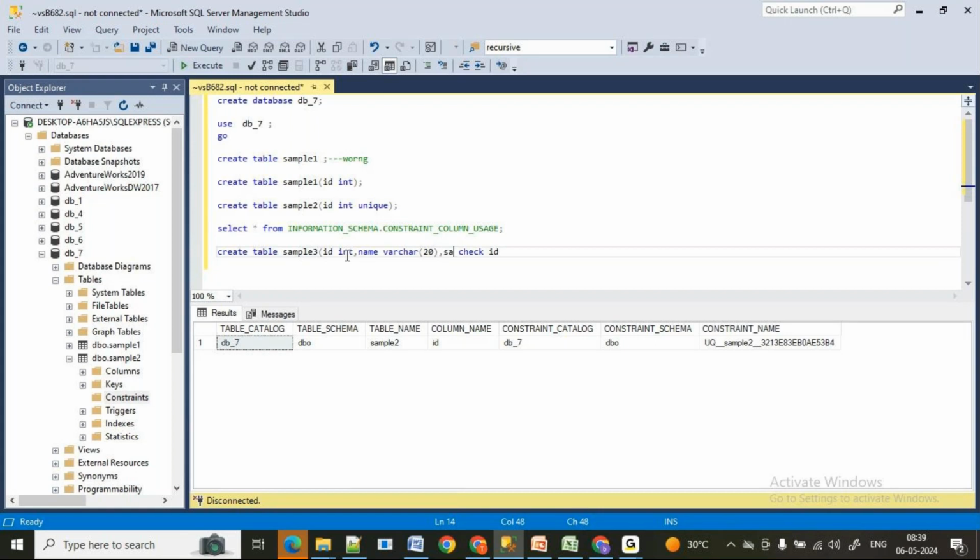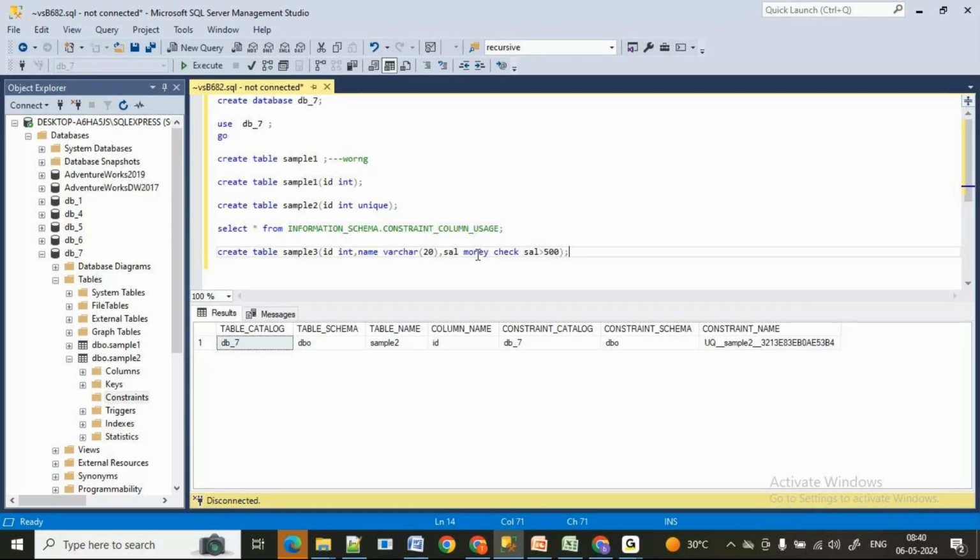And the salary, I'm just taking directly. So salary is of money, right? It's up to you, you can take int also. No one will ask why you have taken money or why you did not take int. In some other databases the money data type was not there; only in SQL Server we have the money data type. You can take int, you can take money, no worries. Now check: sal should be greater than 500.